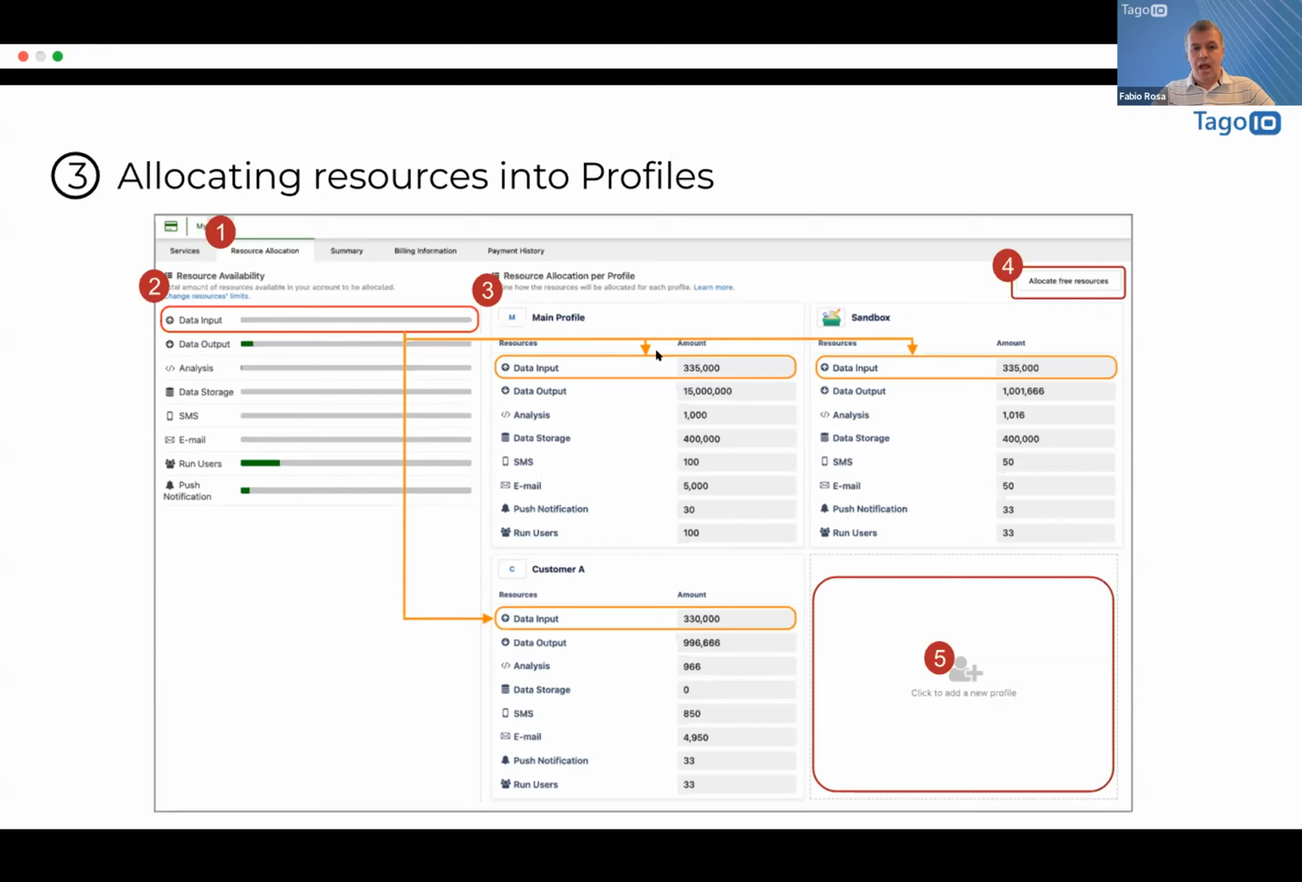And then I allocate all of them inside of each resource. So I allocate this number here for data input for this main profile, the same for my sandbox profile, and another one to the customer. Okay. If I sum up all of them, the 3 together, it's going to match. So there is no resource left here. Okay, there is no free resource. I use everything for the data input, I allocate, but